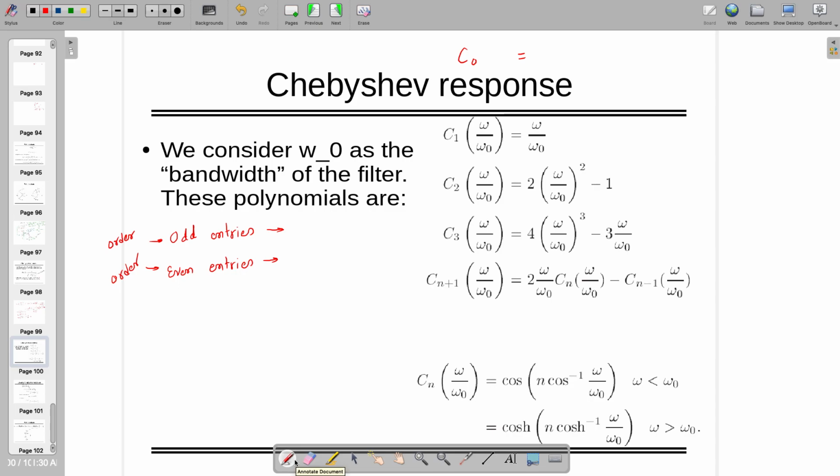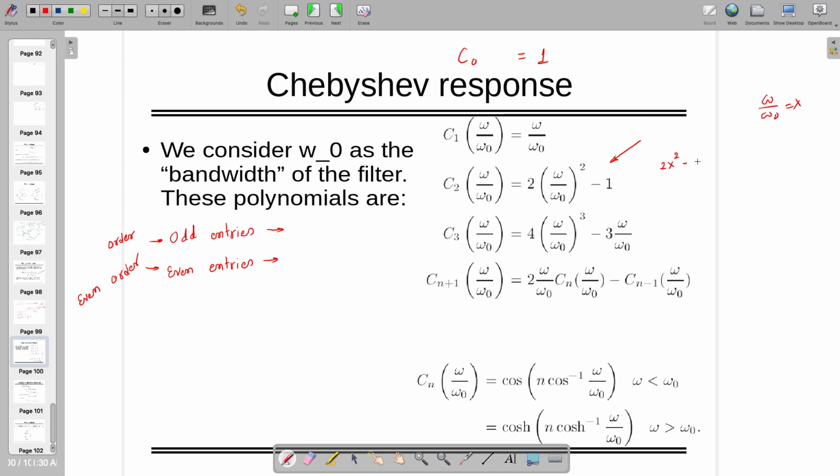So here C0 got 1, but let's forget about this C0. Let's start from here. This is second order, meaning even order, it has 2x square minus 1, let's assume that omega by omega 0 is x,